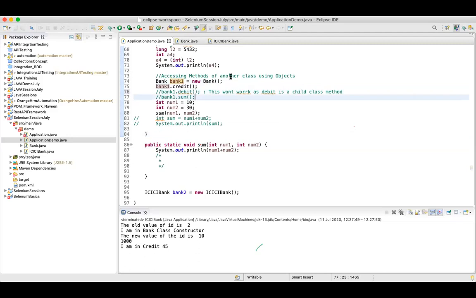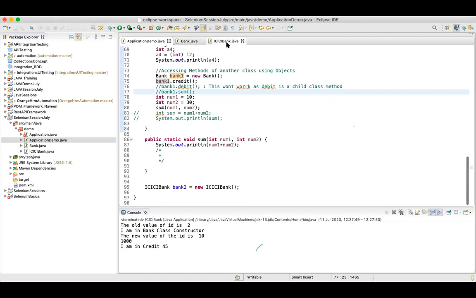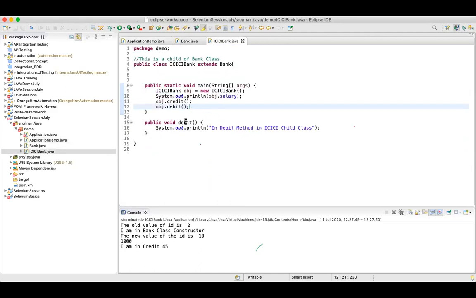Now, guys, let's just imagine I want a class to use my debit method as well. Which class can use my debit method? I can use it, we have seen. Which other class can use my debit method? Yes, guys.